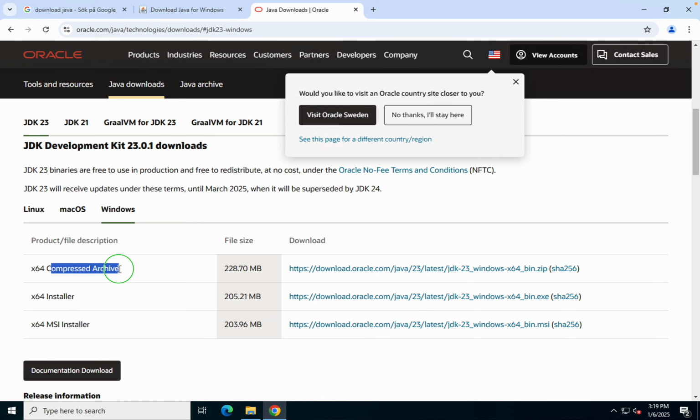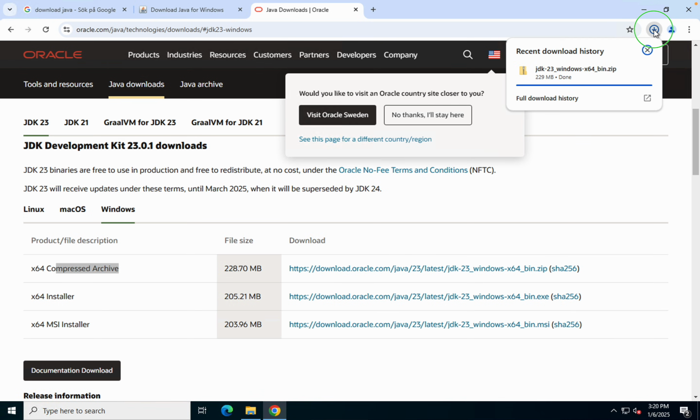compressed archive. So if you want to use an installer, you run the installer and it will set up Java on your system, you can do it that way. Or if you want to download the zipped folder and then set it up yourself, you can do that as well. So let me show you. I will get the zipped folder, which is this one. I will click here and you can see it is downloading here,